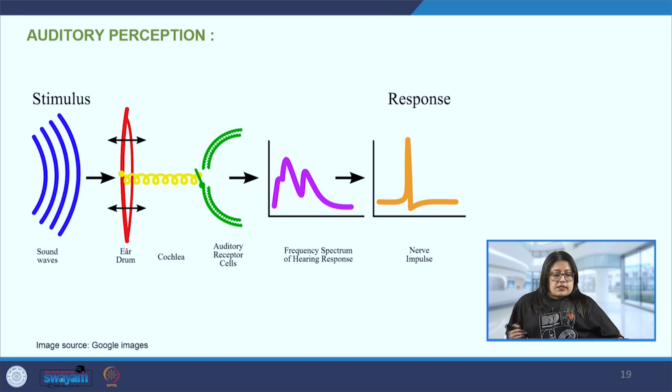Then there is the other one, which is the associative learning. So here the users learn to associate certain sounds with certain actions. So in our cell phones, you may notice that we have a different beep sound for the ringtone and a different one for the alarm, so that we can differentiate between the two. Even for the SMS, it is different, and for the other application messages, it is a different sound, so that we can distinguish between them.